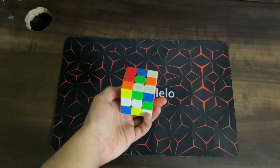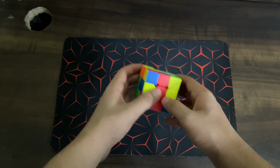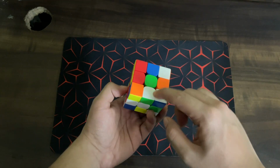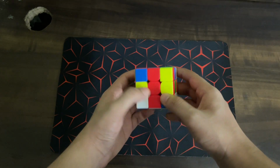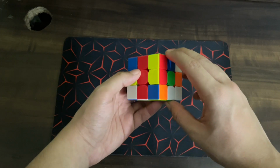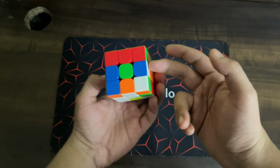So this is the third scramble, and my cross pieces are here, here, here and here. So what I'll do here is first thing I'll do R F to put these two in place. So white orange will come here, and then white green will come here, which will kick out this white red to over here, and this white blue will come over in the back. So what I can do here is R F, and then first I'll insert this white blue,